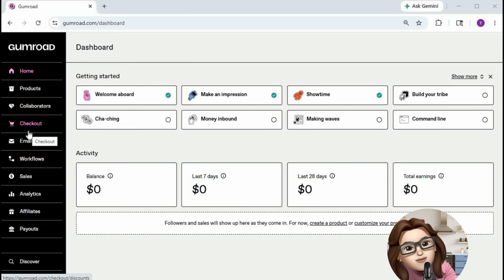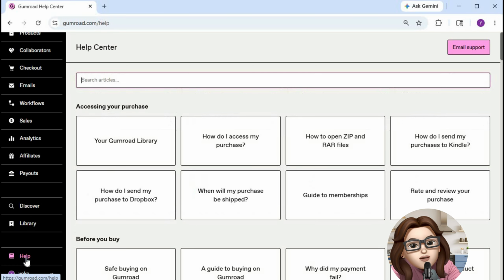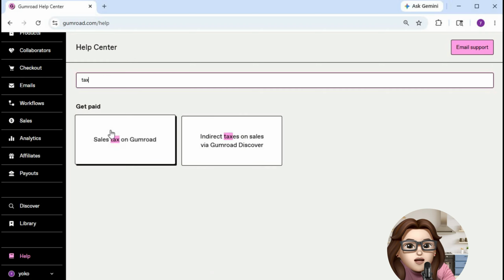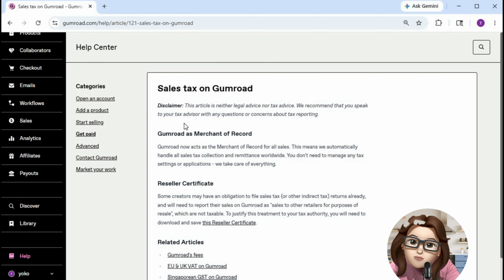side of the screen. Now open the Help Center from the bottom left corner and use the search bar to search for taxes or sales tax. Inside the Help Center, you will find articles explaining how taxes work on Gumroad and how VAT, GST and other